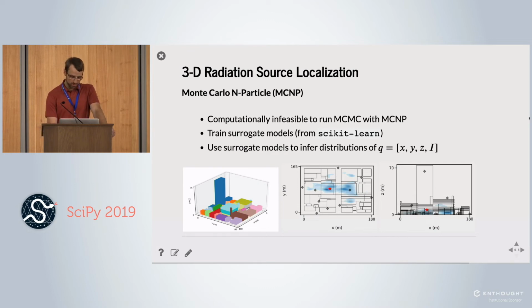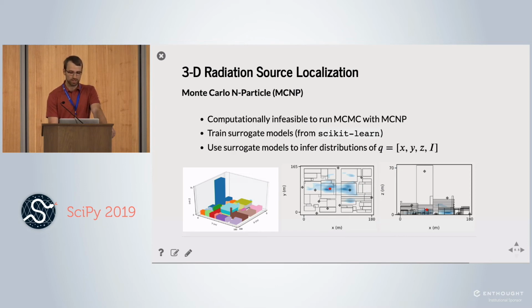And so, for example, to simulate 4,000 different source locations and get our expected detector readings, so just 4,000 essentially model evaluations, we're looking at 3 to 4 weeks on a supercomputer. So that's not going to work for MCMC, where we may need to do 50,000 or 100,000. So instead, we go back and we use something from scikit-learn. In this case, this was a Gaussian process regression model, I think. And I just call it a surrogate model, but basically it's just